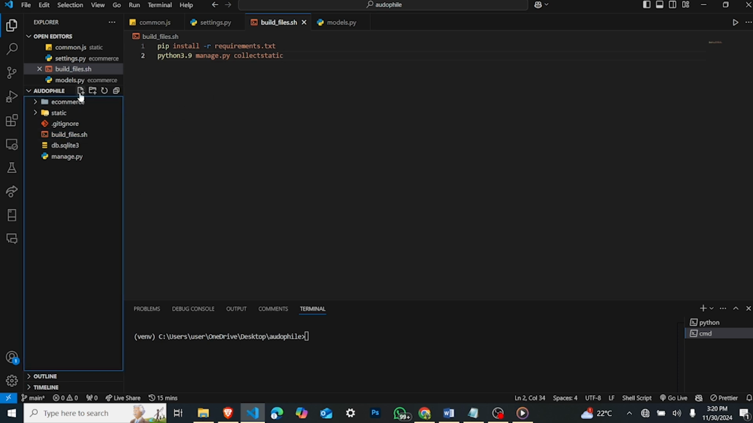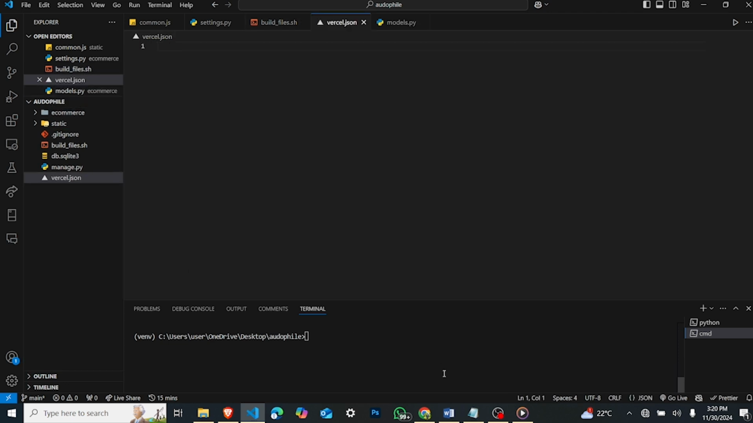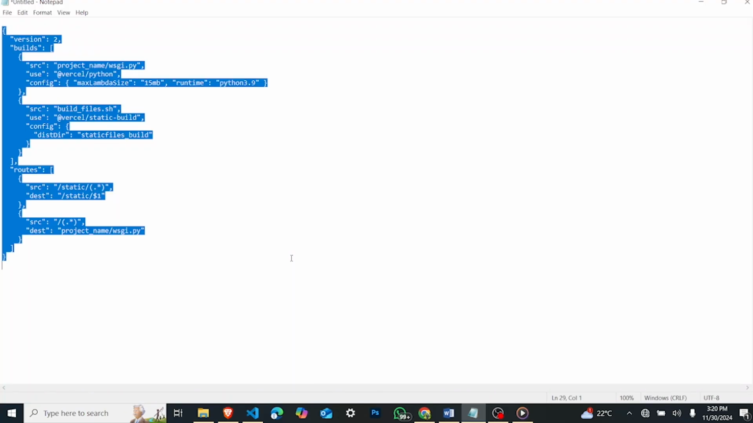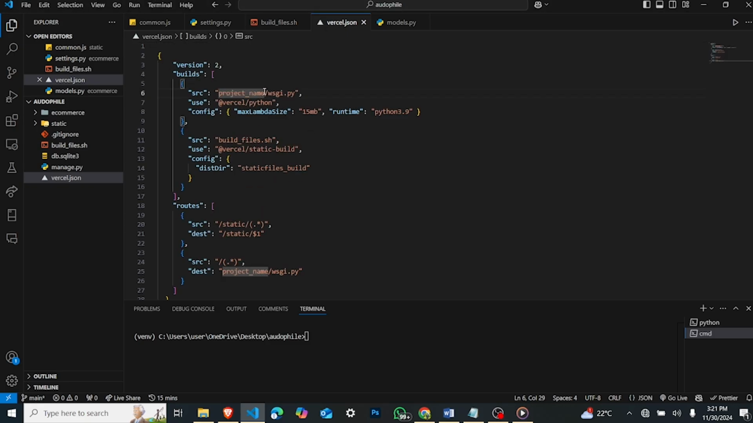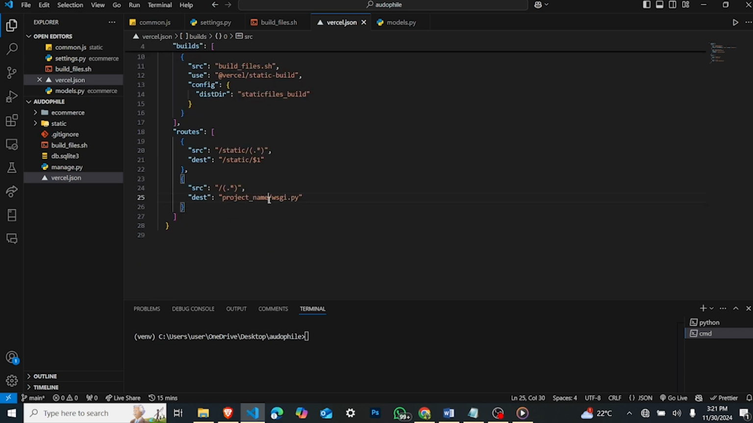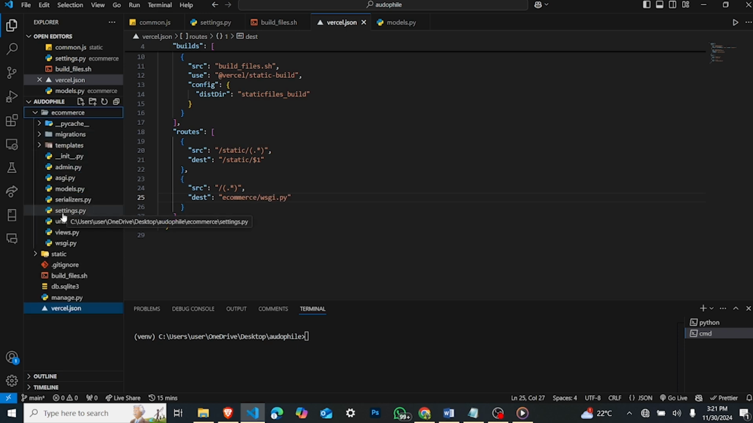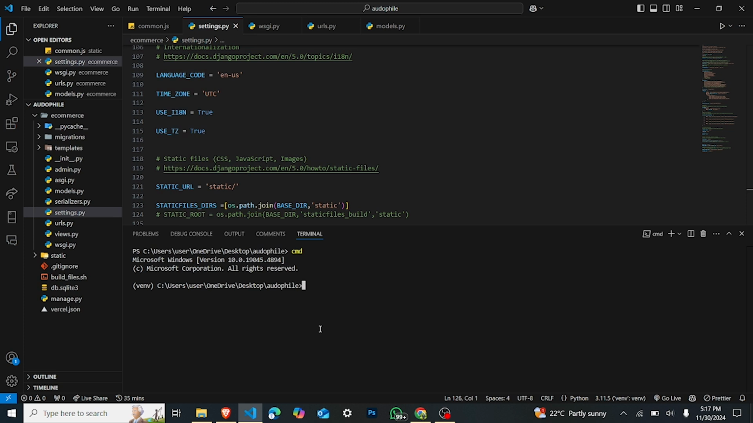And the second file that is very important is known as the vercel.json. You also need to add this file, and the code, I'll not write it all, but I have it here. You'll also find it in the description below. The only thing you need to change is the project name. I'll remove the project name and put the actual name of my project, which is e-commerce. You'll do the same on your end. Ensure the project name you put here is the folder that hosts your settings.py file. Finally, we'll create the requirements.txt file using pip freeze